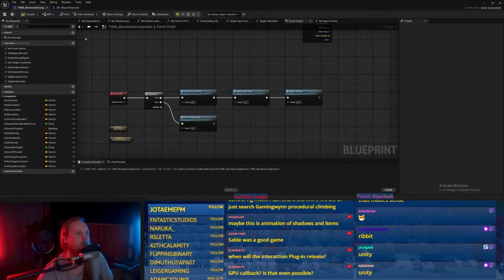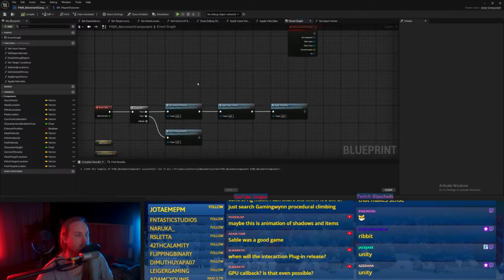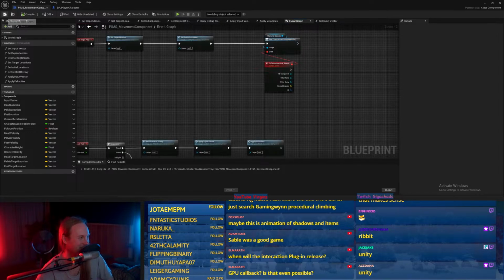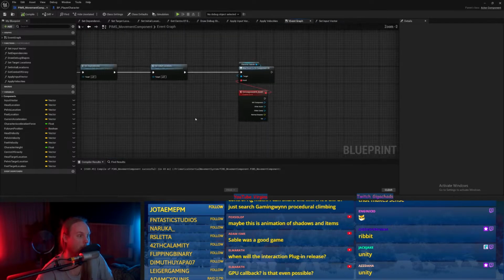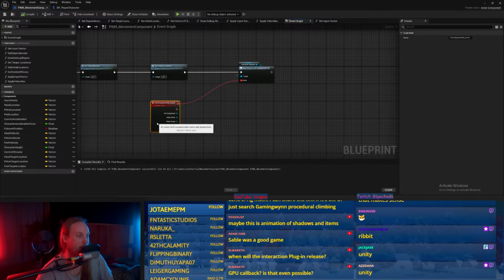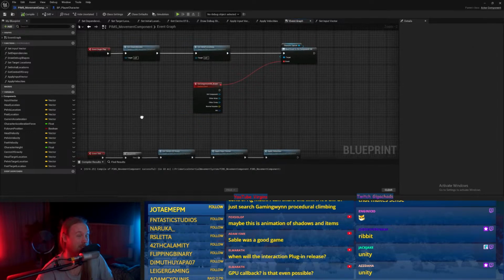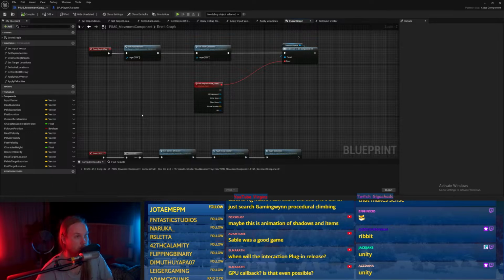GPU callback is even possible. Yeah, you can access the buffers or render targets on the CPU. It just takes like 50 milliseconds to do. Although you can always defer it, so you get the previous frame's values.